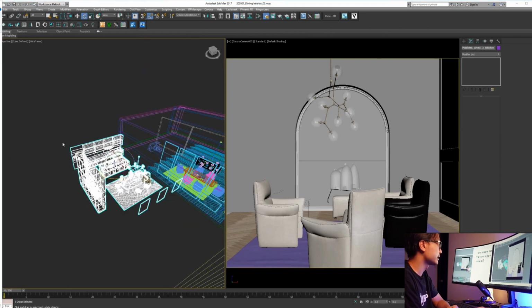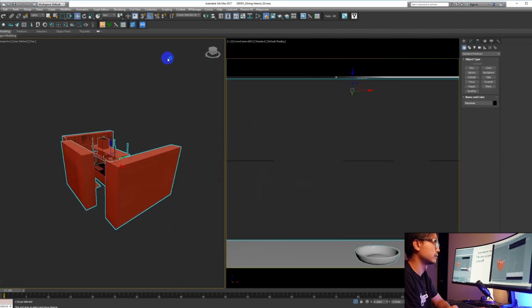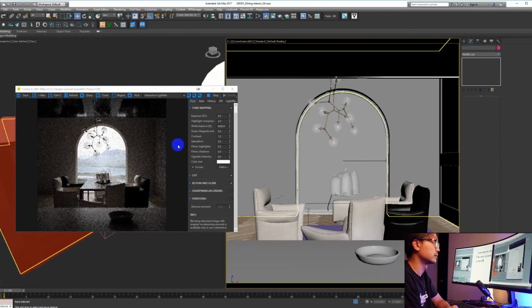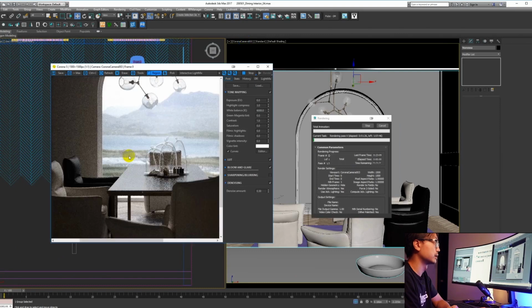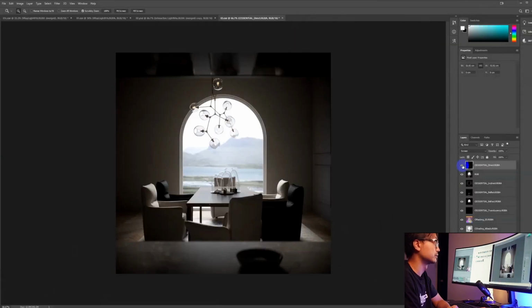Okay, I decided to have some foregrounds for the shot, and so I added a kitchen, something like this. Okay, so here we go. The image is ready,